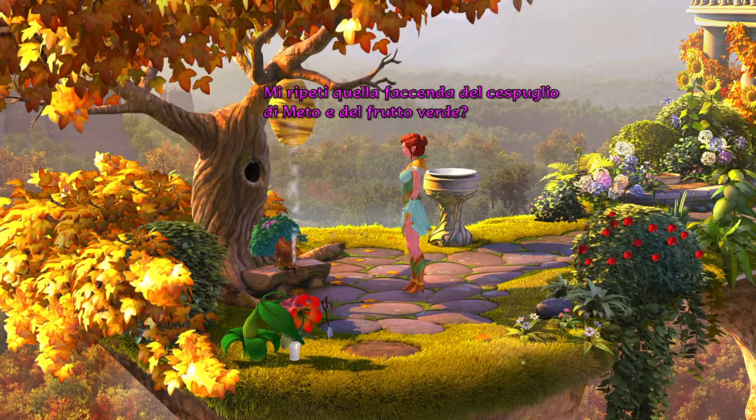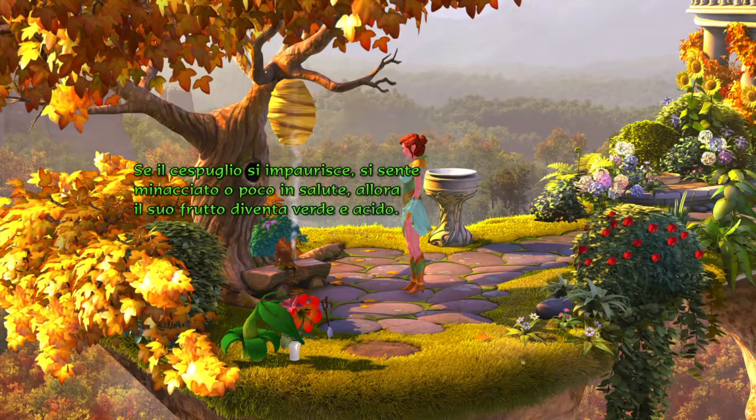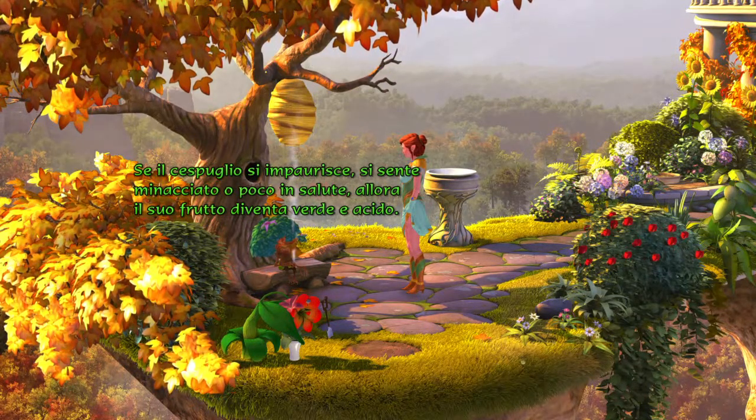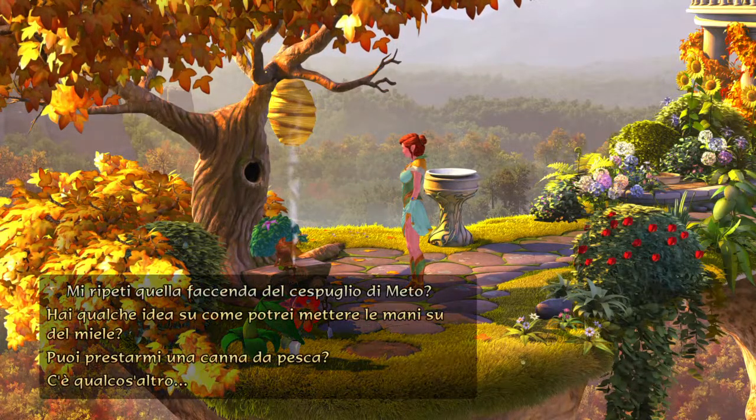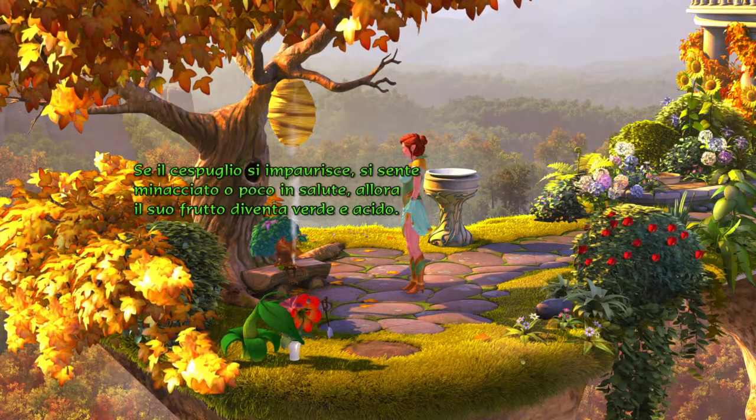What was that with the lettuce bush and the green fruit again? If the bush gets scared, feels threatened or unwell, then its fruit will turn green and sour. What was that? If the bush...